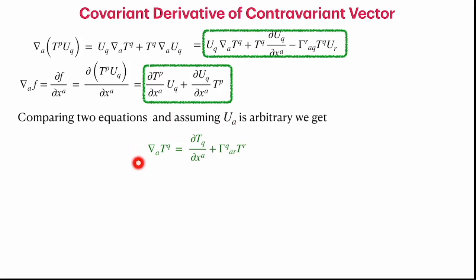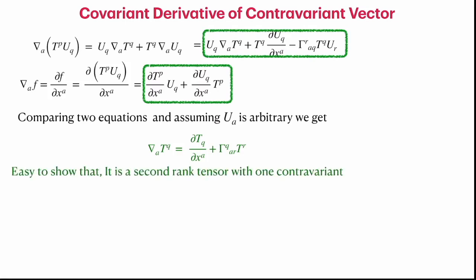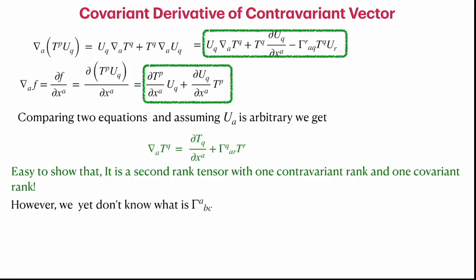If you are unsure of this shortcut, you can actually do the long calculation as we have done for the covariant vector. You can do everything and you realize that it would have a plus sign instead of a negative sign. I can leave that as an exercise. You can do it, or maybe I can give it in the exam, the next class test, for you to do. Now it is easy to show that it is a second rank tensor of mixed rank, one covariant and one contravariant. So this is how we define the covariant derivative of a contravariant vector in terms of gamma,